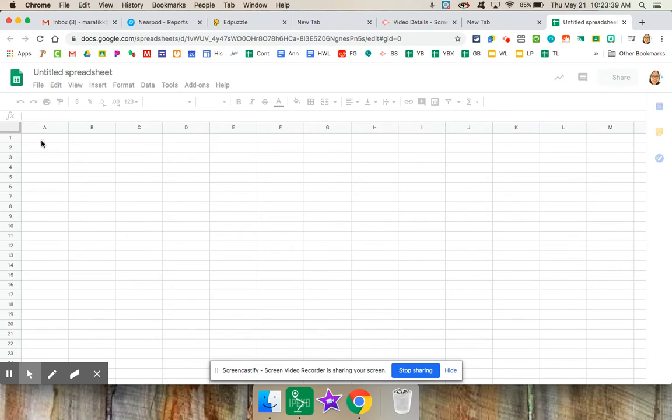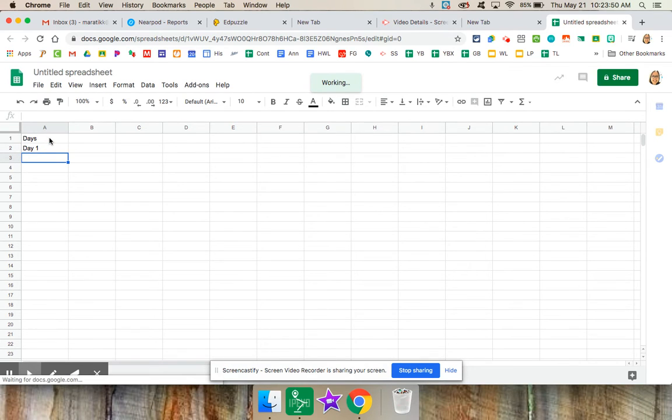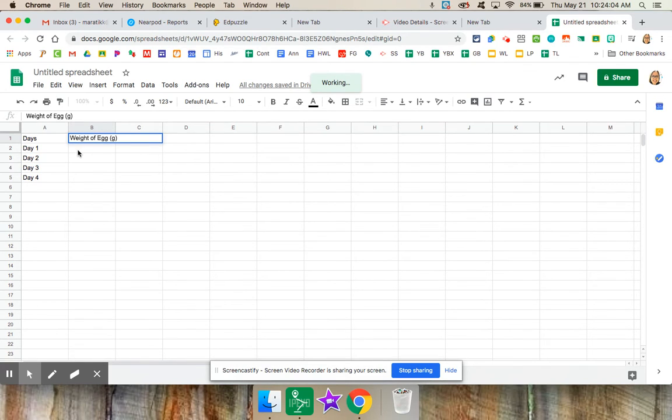You just need your independent variable, always goes in the first column. So this is going to be our days. And then we have, it's working. So day 1, day 2, day 3, day 4. And then if we put weight of egg, and it's going to be in grams. Now remember, we don't need to put the units because we've already put the grams there. So we had 56.0, at least if you're using my data, 73.5, 82, and then